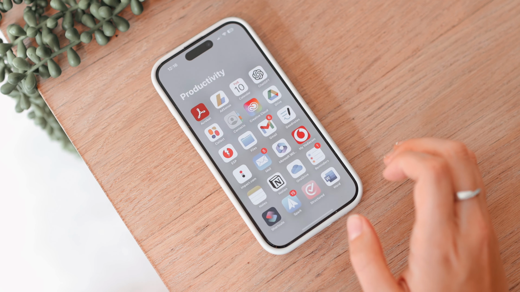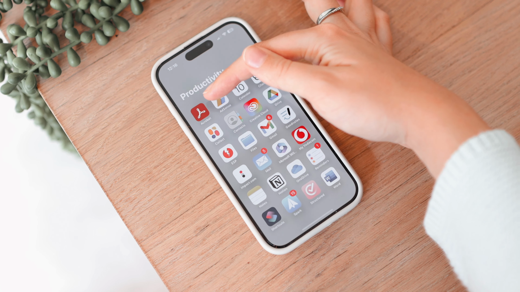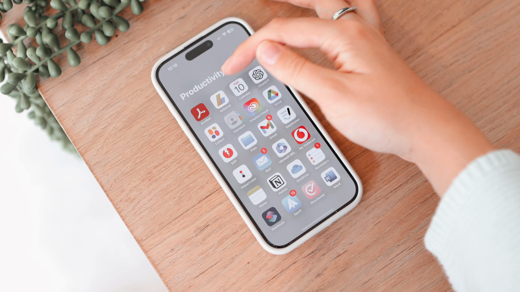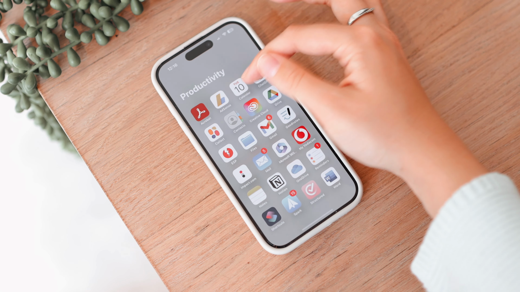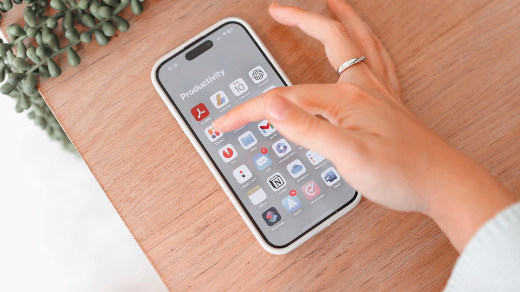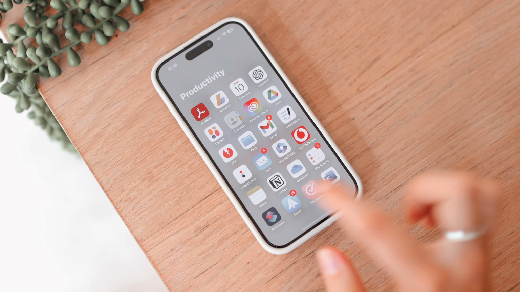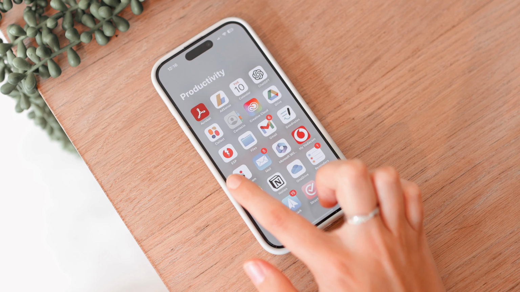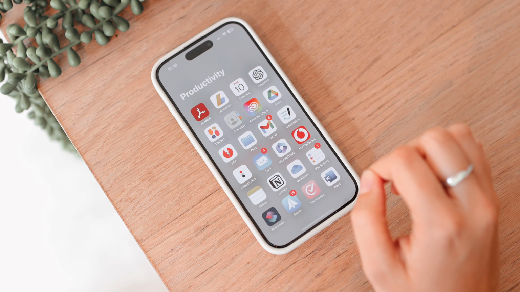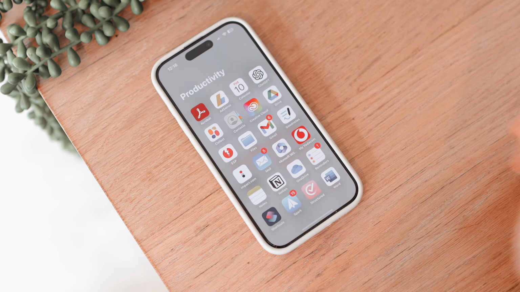For productivity, I also have quite a few apps. So I just have Acrobat for PDFs, AdSense for my Google AdSense, Calendar, ChatGPT, Collect. I have Contacts, Creative Cloud, Google Drive. ESP is for load shedding alerts here in South Africa because we have power outages quite a lot, so that's